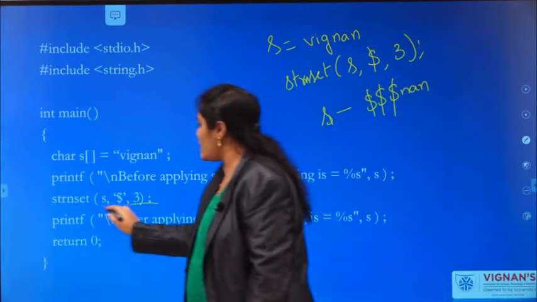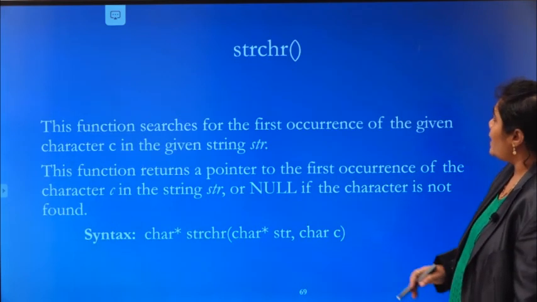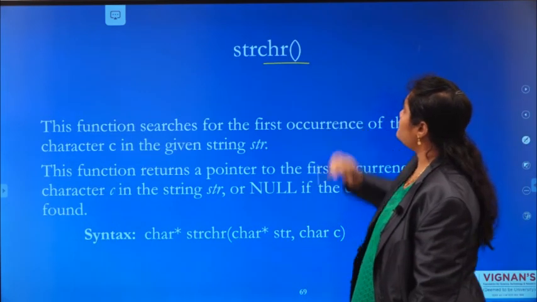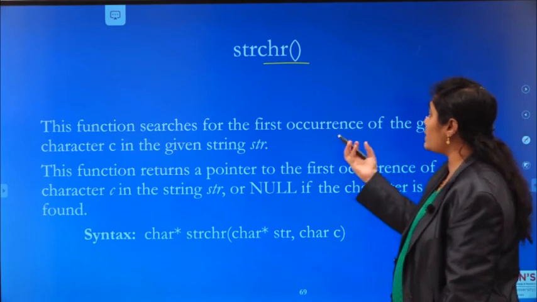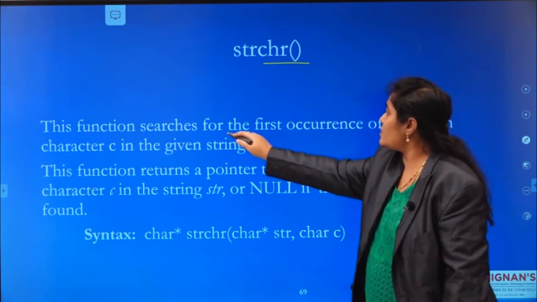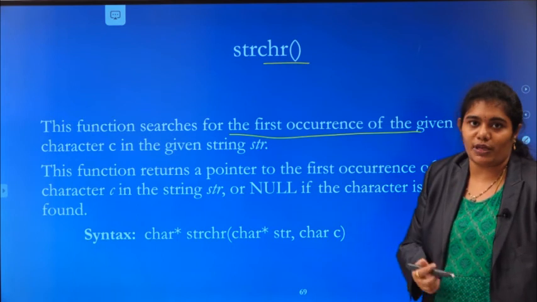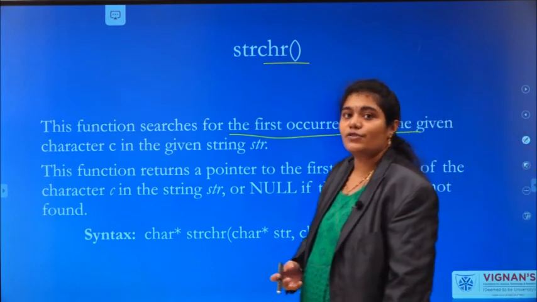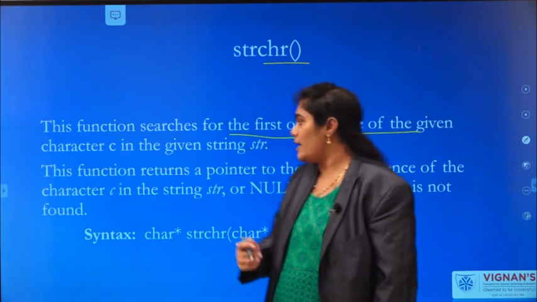strNSET, number of characters we are going to change. And strchr. strchr is used to search for the first occurrence of the given character in the given string.